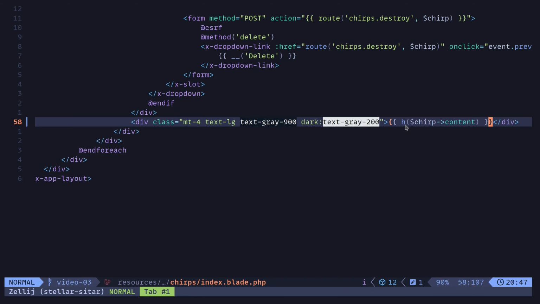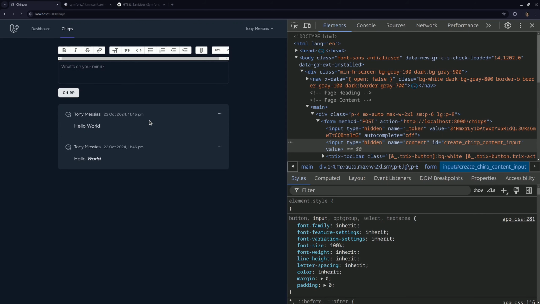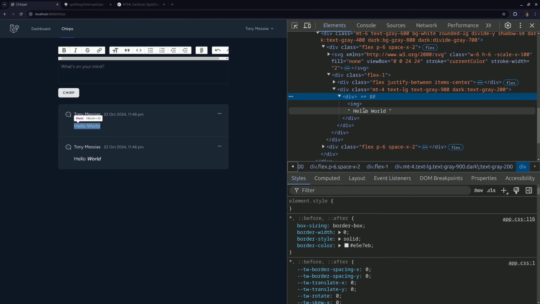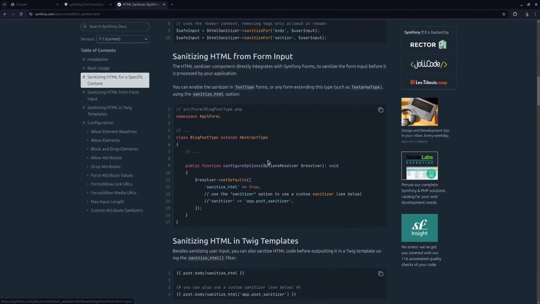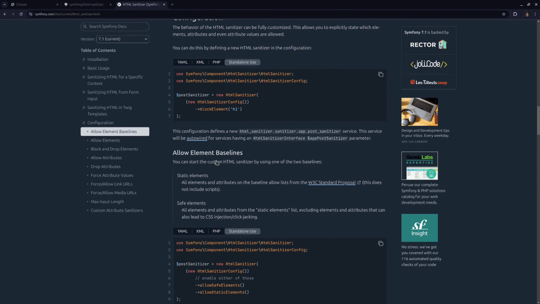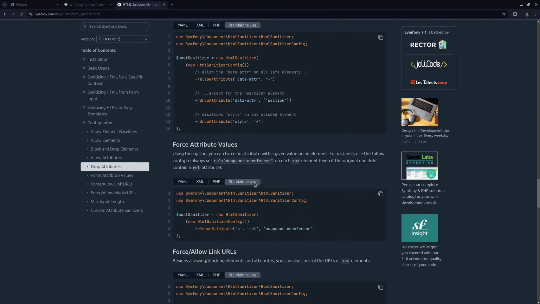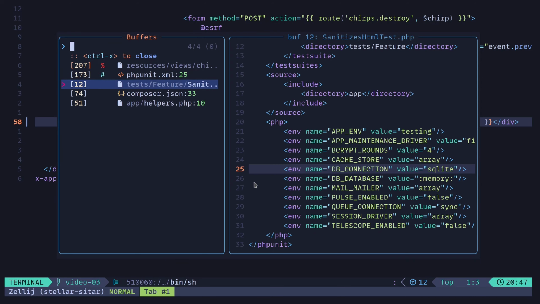And just like that, you can see that the script is not actually executing. And if we take a look at the HTML that we have over here, well, we still have the image tag as we expected, but the script tag and the onError attribute, which is unsafe, they are not rendered anymore. And you can read more about the HTML sanitization, and then you can tweak it. Like you can specifically mention the blocks that you want, the elements that you want, and the attributes that you want, and all that. But for now, I'm just gonna leave it like that, and maybe I'll make one tweak to it,